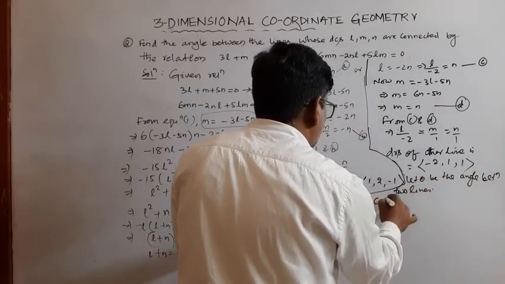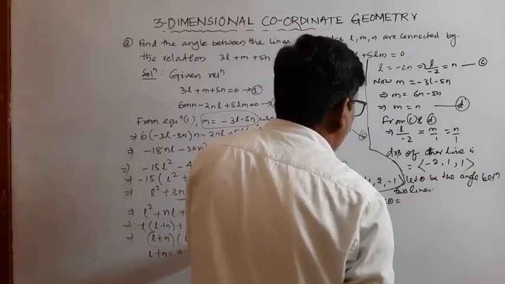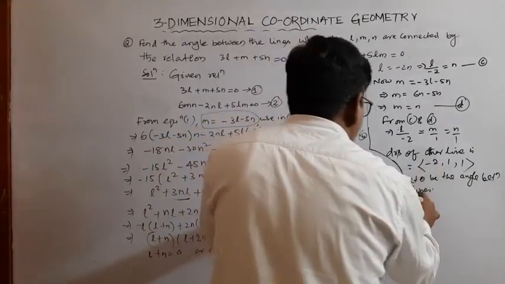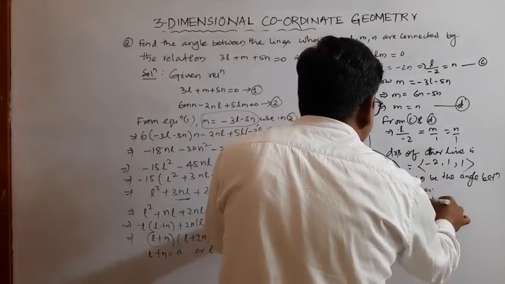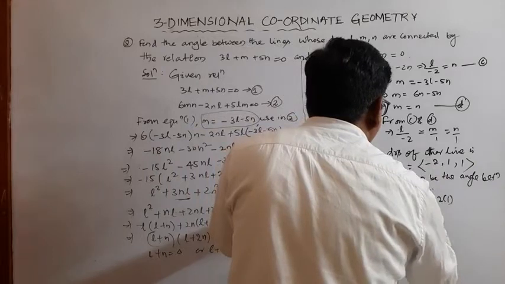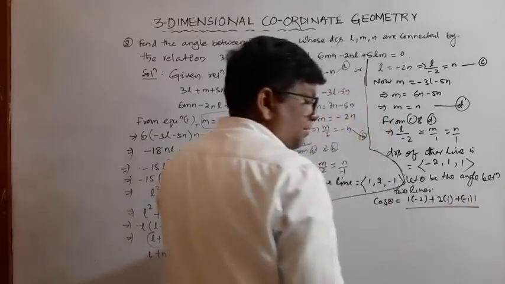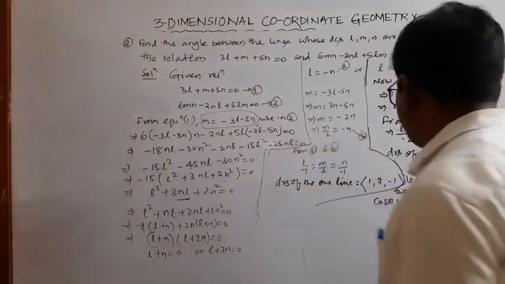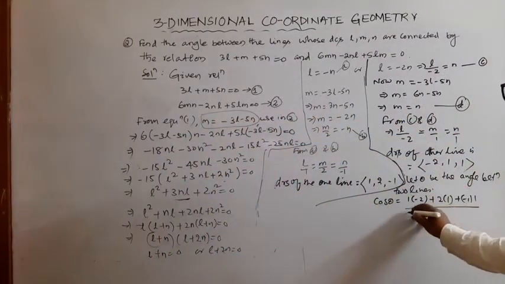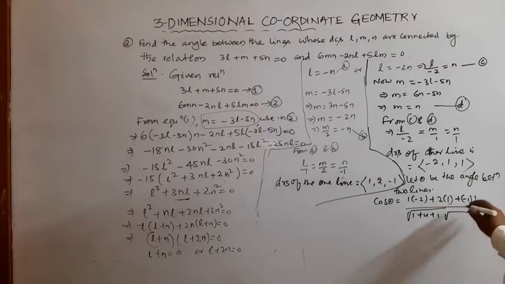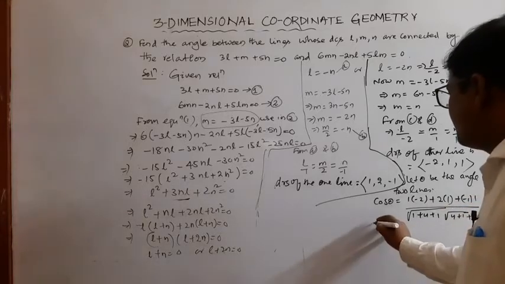Therefore cos theta is equal to (1 into minus 2 plus 2 into 1 plus minus 1 into 1) divided by root over a square, where a square means 1 plus 4 plus 1, and b square means 4 plus 1 plus 1. So cos theta is equal to